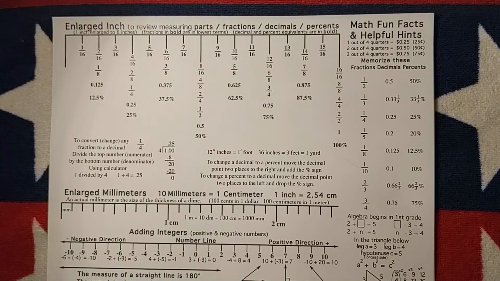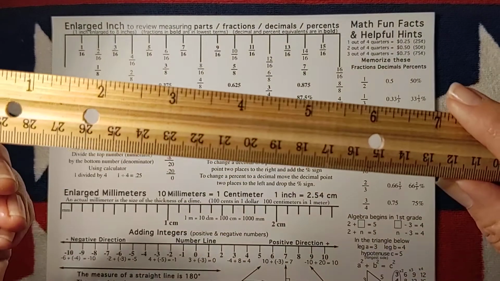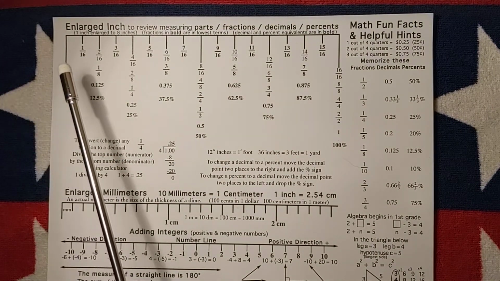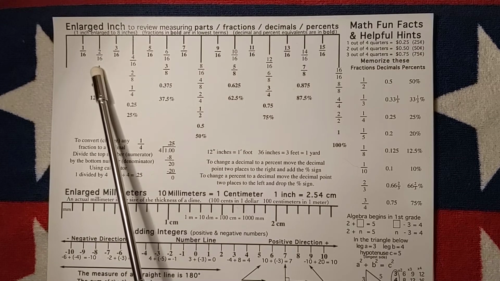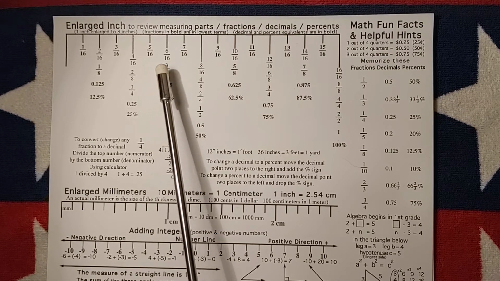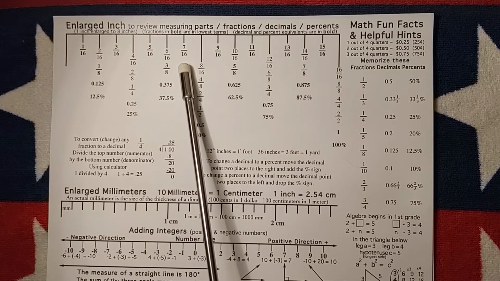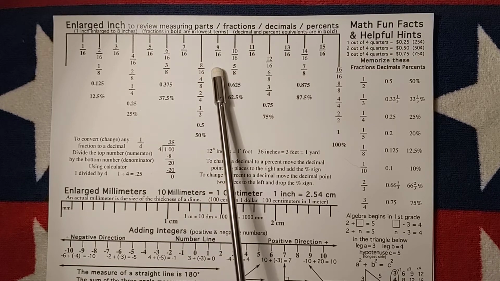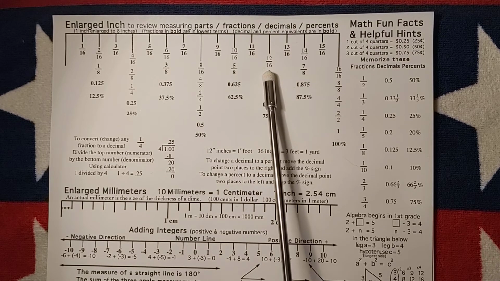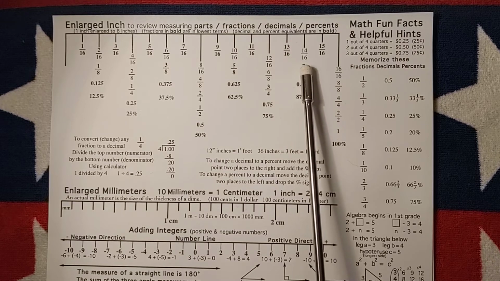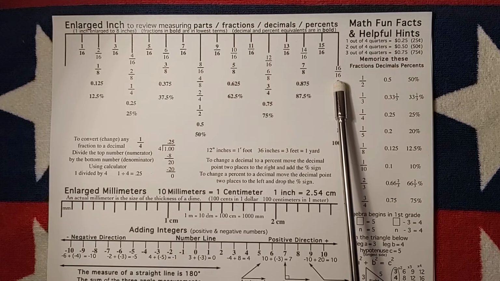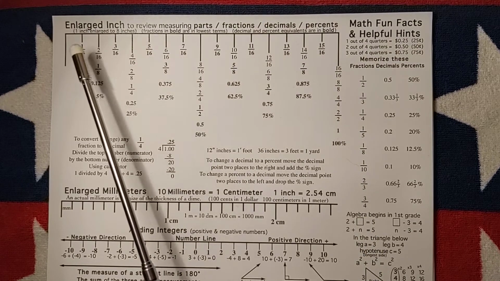So when you're looking at a ruler and you see 16 equal parts, those are sixteenths. Let's count by 16. 1/16, 2/16, 3/16, 4/16, 5/16, 6/16, 7/16, 8/16, 9/16, 10/16, 11/16, 12/16, 13/16, 14/16, 15/16, 16/16. If we go back and count every 2/16,